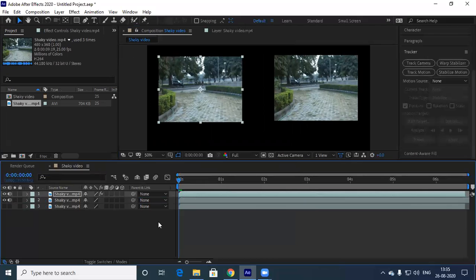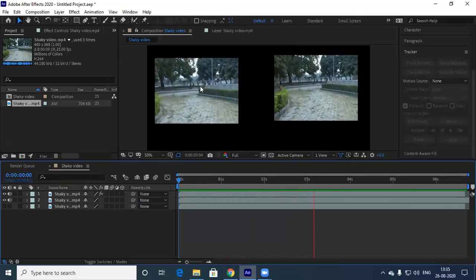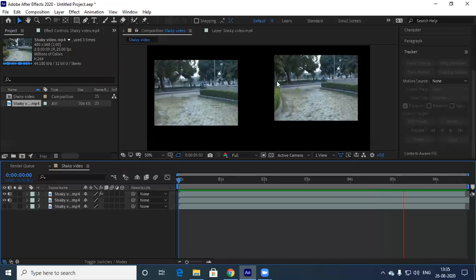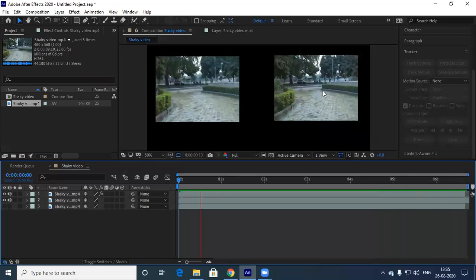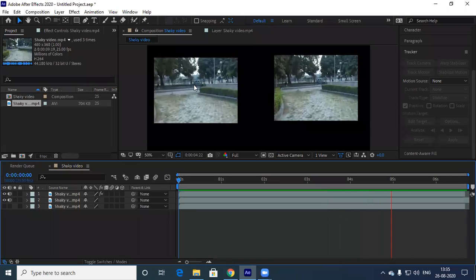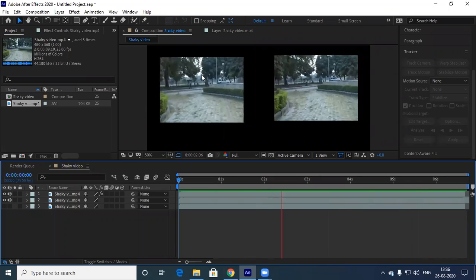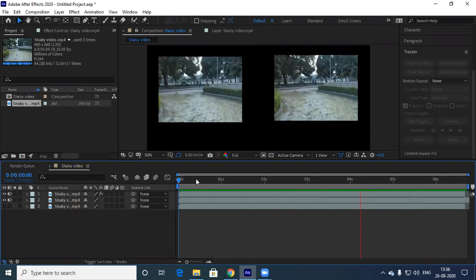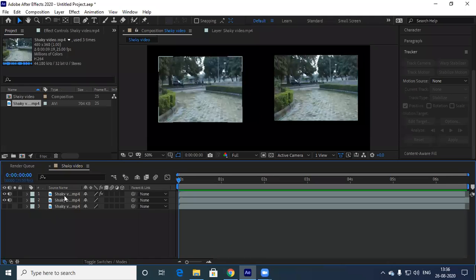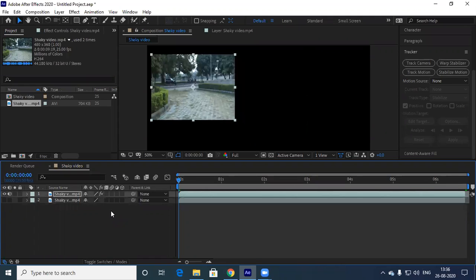Okay, now let's play both. Since there is a position change here and there, see this video is wobbling like this. Earlier how it was, Control Z, I'll go back and change my settings again.